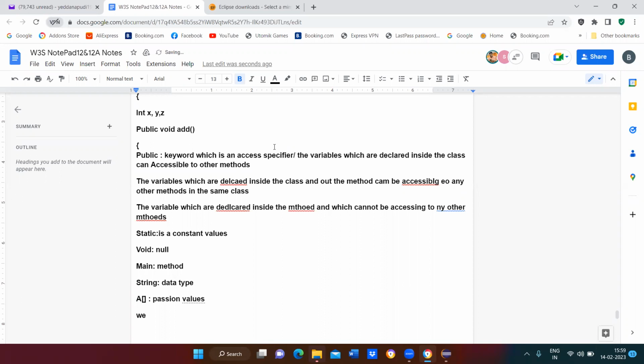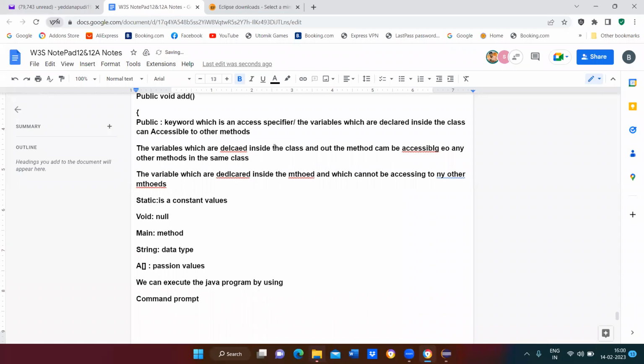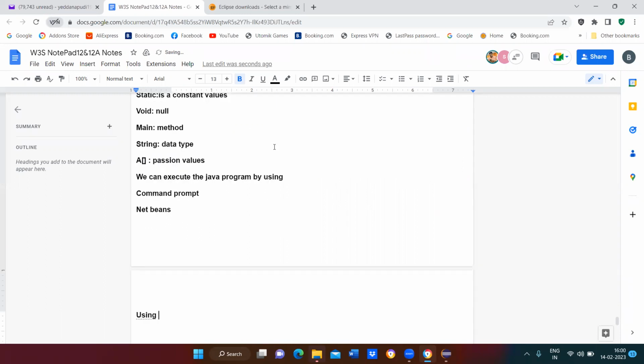So you can execute the Java program by using the command prompt, NetBeans, Eclipse, and by using an Android phone.